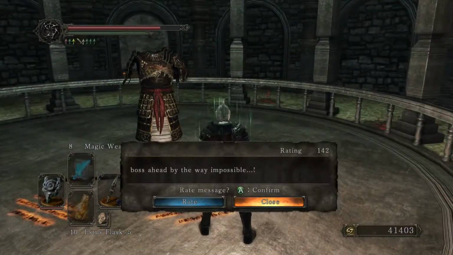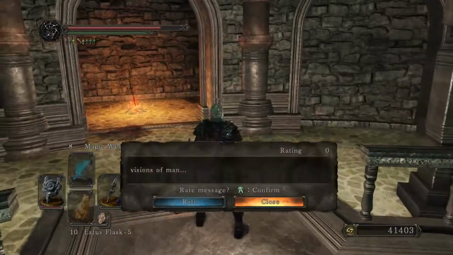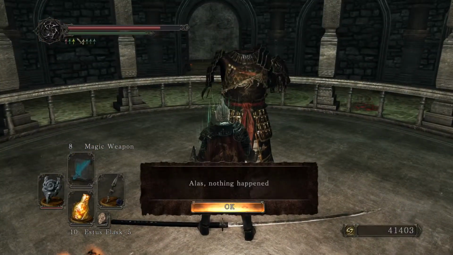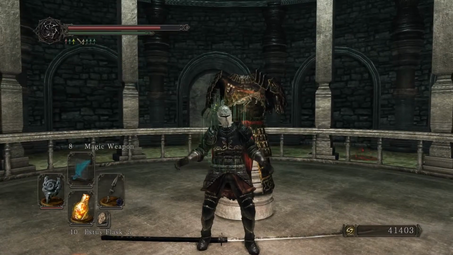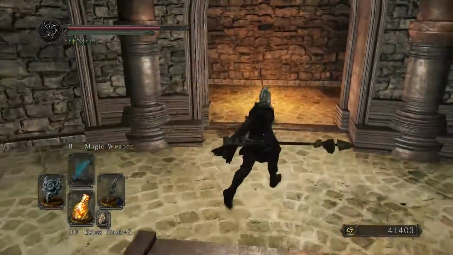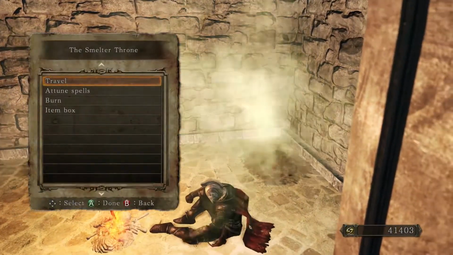Past the Prowlers is this rather impressive looking piece of armor that we saw all the way back at the top through a window. But it doesn't appear to do anything. Alas, nothing happened. Maybe next time something will happen. Until then,